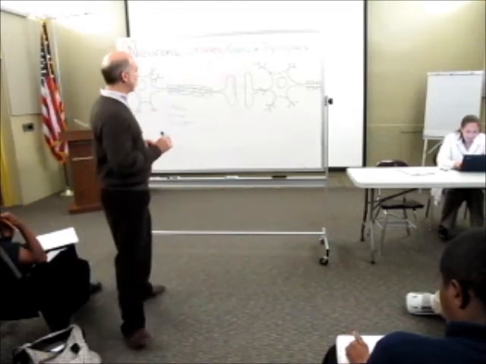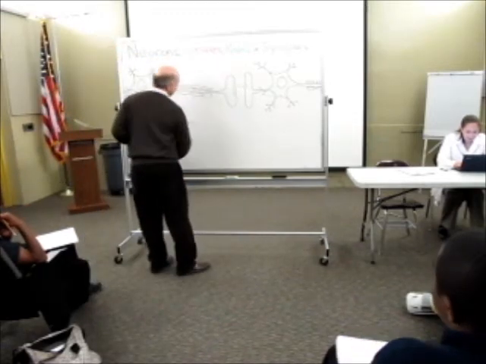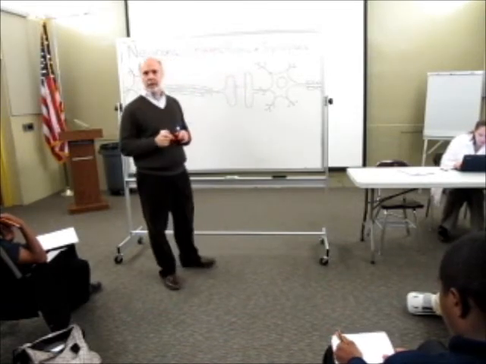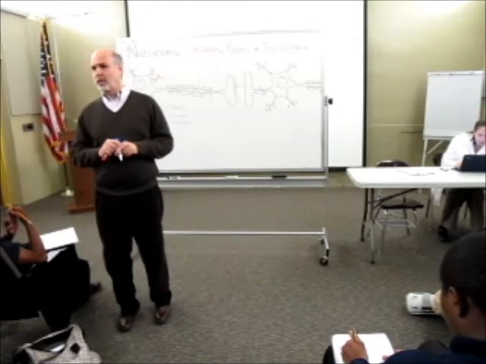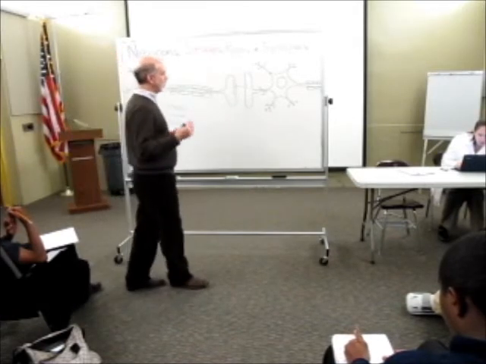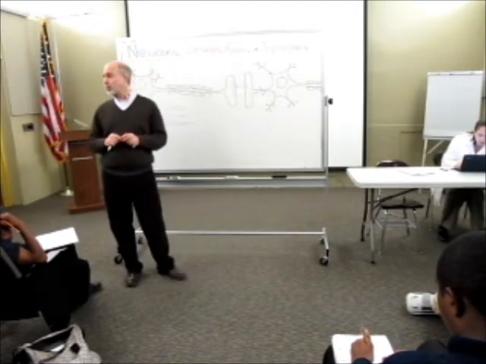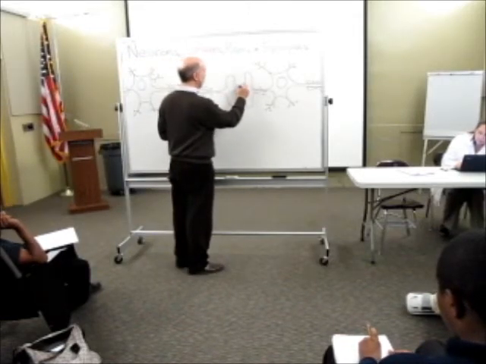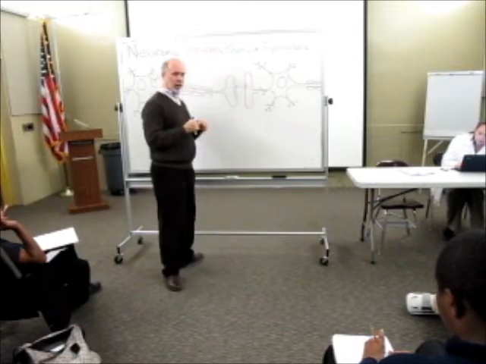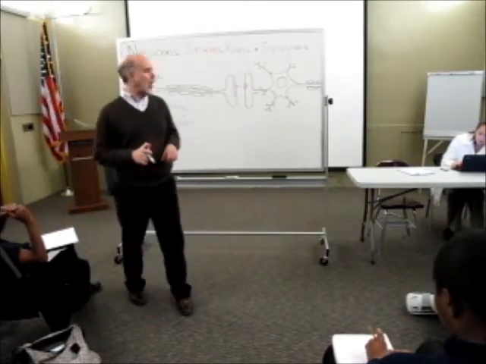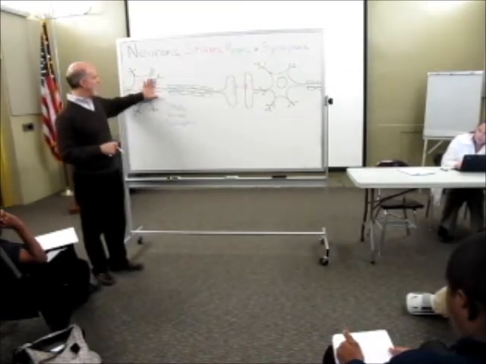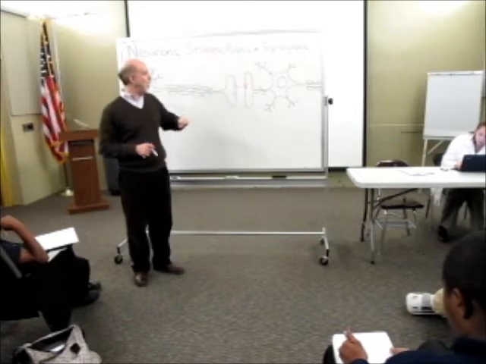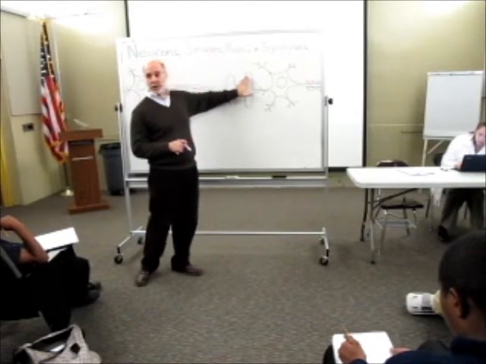Okay? So there are toxins that block this process. There are other diseases. There's one called myasthenia gravis, where people lose control of their muscles because for some reason their body makes antibodies against the transmitter receptor. And the receptors don't work anymore. So you can have problems that cause the cells to die. You can have problems that block transmitter release. You can have disease processes that block the receptors.